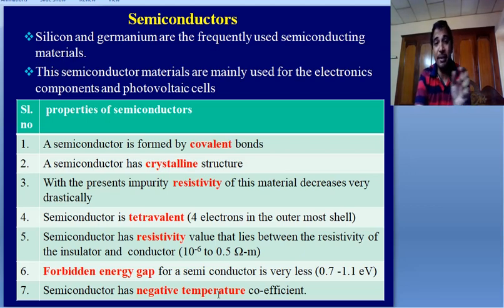This negative temperature coefficient of resistance means that as temperature increases, resistivity will decrease. Right? This property is very important. I have a small question regarding this. See, we use air conditioners. Air conditioners do not only maintain temperature. Suppose I set my AC at 16 degrees Celsius, the room will be at 16 degrees, not like that.